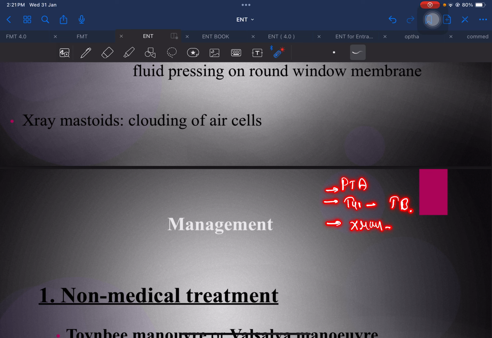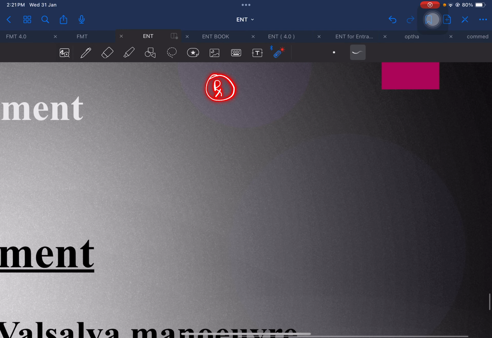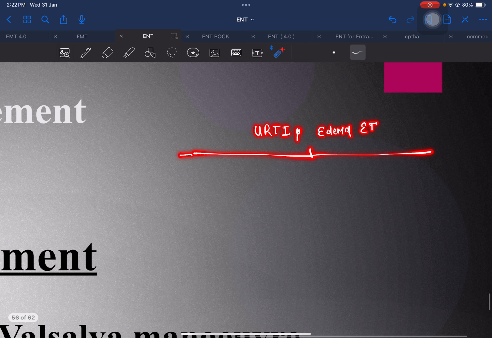Now talking about the treatment procedures, it is also interesting. Initially, we need to see if there is an upper respiratory tract infection at the present time or not, or we can say whether there is edema in the eustachian tube or not. If there is presence of URTI or edema in the eustachian tube, then we can go toward medical treatment